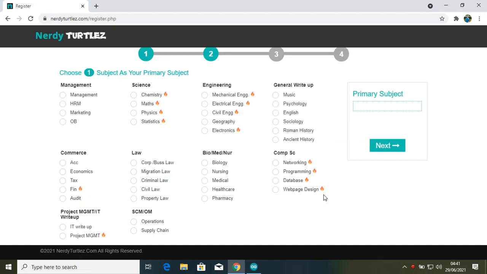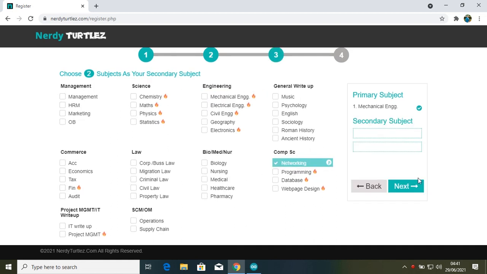Step number 2, over here you are required to put your subject on the primary side, and on the secondary side you just click it. I will choose electrical engineering, and on the secondary side I will select one. Let's go to secondary number 2. Now I'm going to select mechanical engineering.